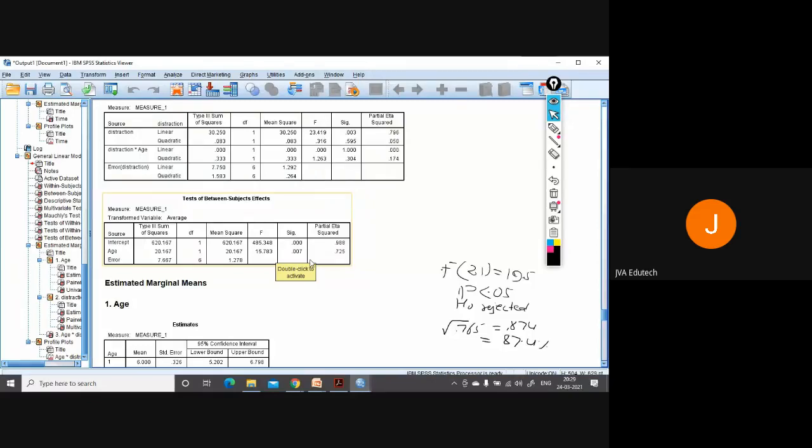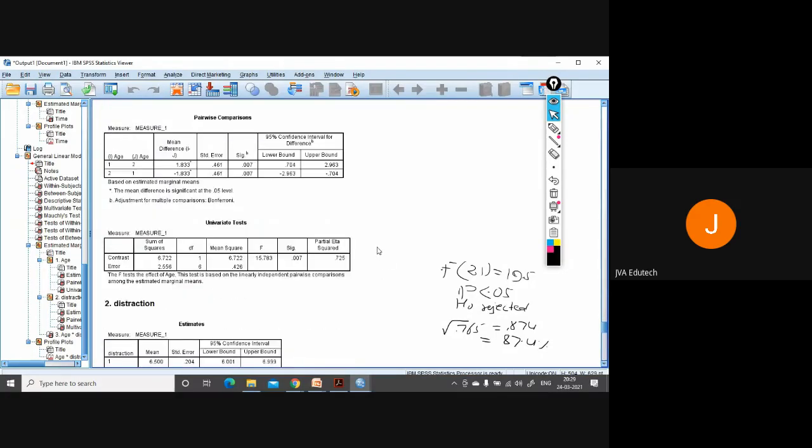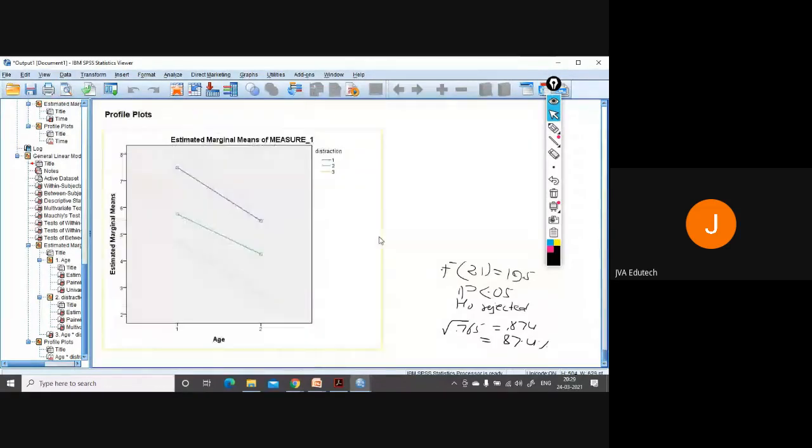So there exists a significant difference in the learning capacity between different ages. That also you can say, and take the square root of 0.725, and you can say that the effect size will be this much. And then in both the ANOVA reports you will report this, and then you will see this estimated marginal mean.